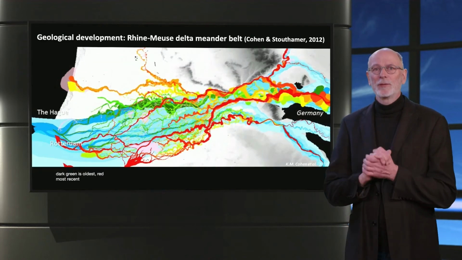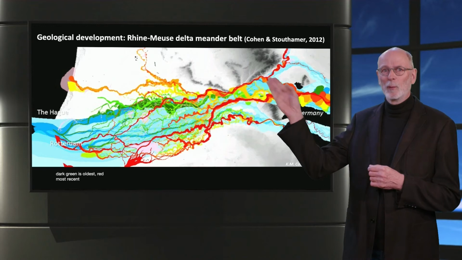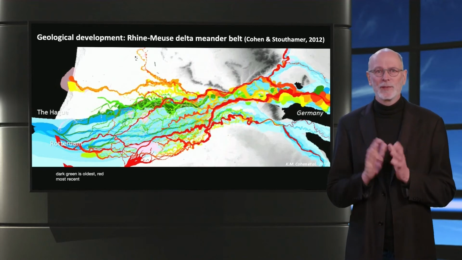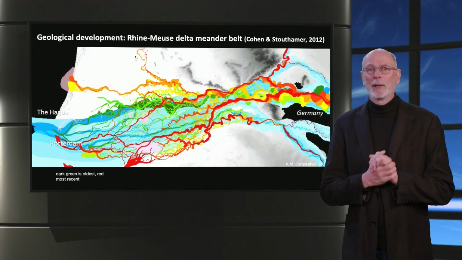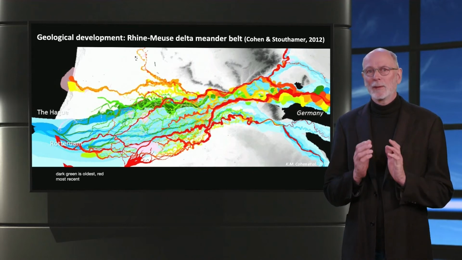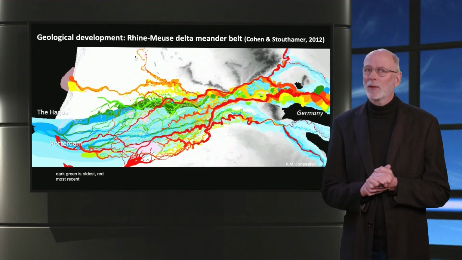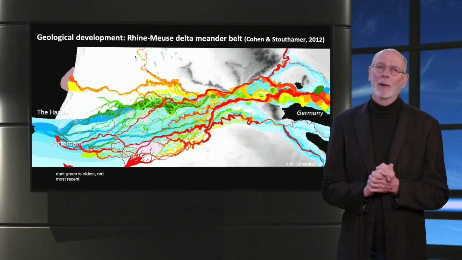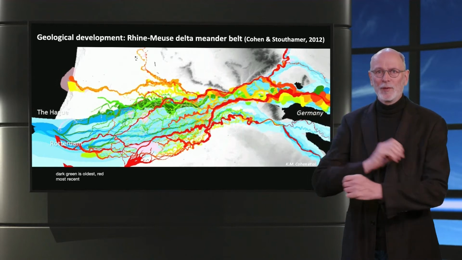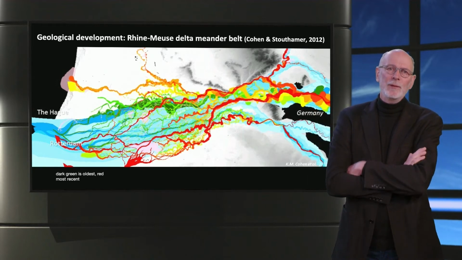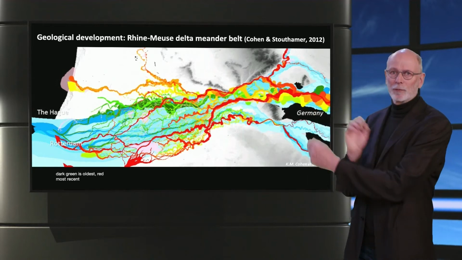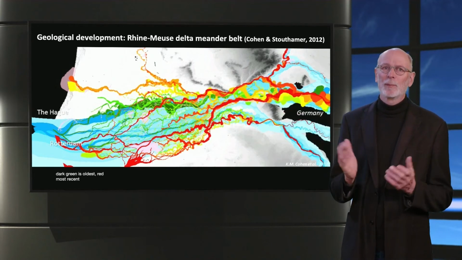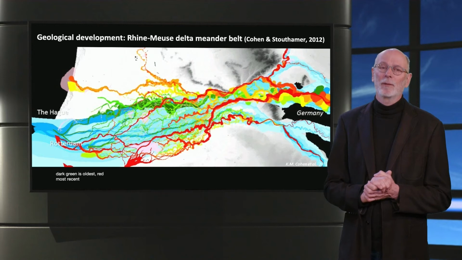The origin of these alluvial plains becomes clear when we look into this geological reconstruction of the development of the central part of the Dutch delta by Utrecht University. That is, its development since the last ice age, when the sea was about 70 meters lower than it is now. In the map, we see the Rhine and Meuse rivers enter the Netherlands from the right and flow into the sea on the left. The map covers about 150 kilometers in length.